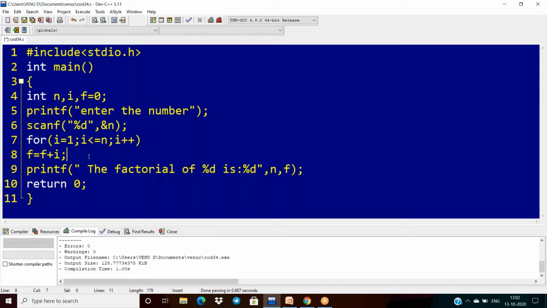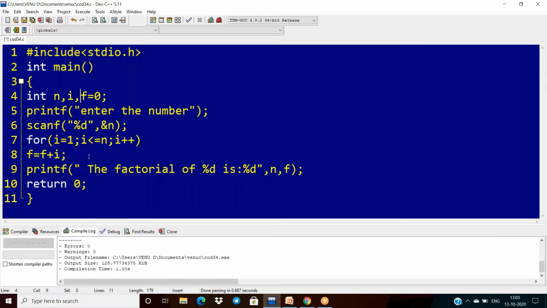Generally, if you are finding the sum of numbers, initialize the sum with 0, because if 0 is added to a number, it is not affected. And if you are doing a product, the value is initialized with 1.